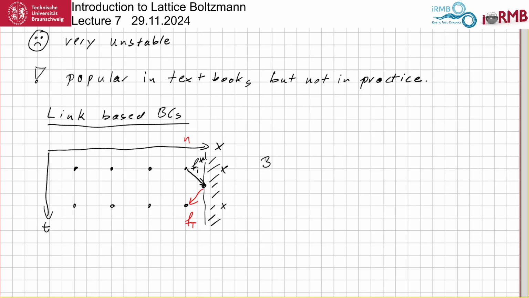So now we place the boundary condition halfway between nodes. And the simplest case of this is the halfway bounce back. And whenever I say halfway bounce back, I have to acknowledge that